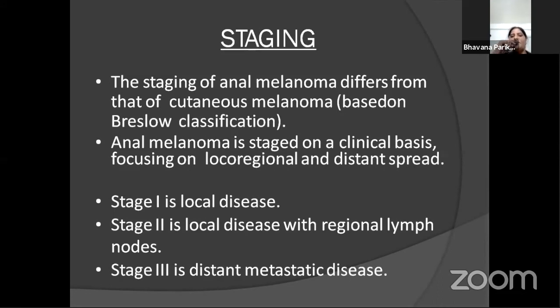The second thing which differs between squamous cell carcinoma of the anal canal and melanoma is that squamous cell carcinoma of the anal canal we treat with CTRT. Stage 1 and 2 are generally treated with CTRT as the first treatment of choice. Salvage surgery or APR is done only for persistent, recurrent, or residual disease in squamous cell carcinoma. In melanoma, in stage 1 or 2, we generally go for wide local excision, not abdominoperineal resection. APR is only for stage 3 disease, and stage 4 generally gets palliative treatment because the prognosis is very bad in anal melanomas.